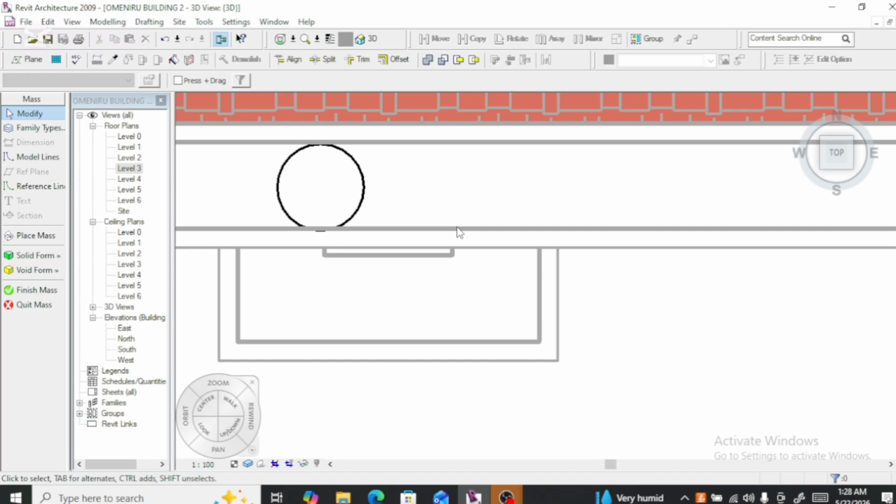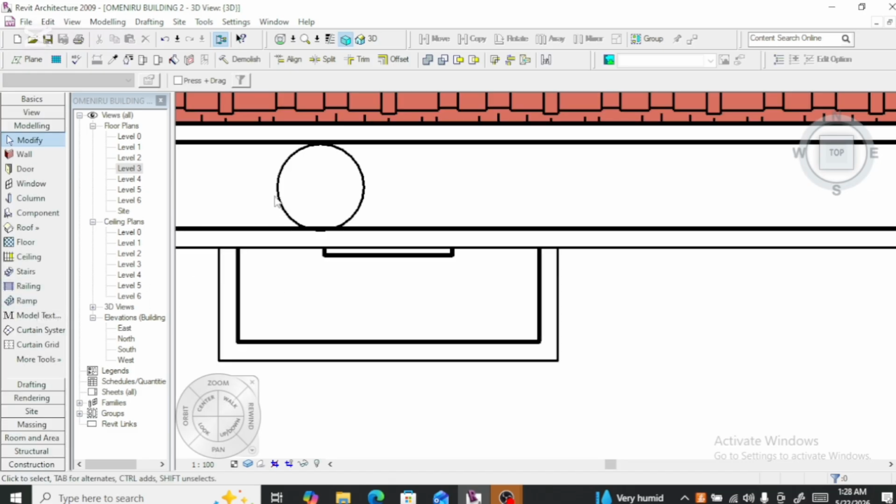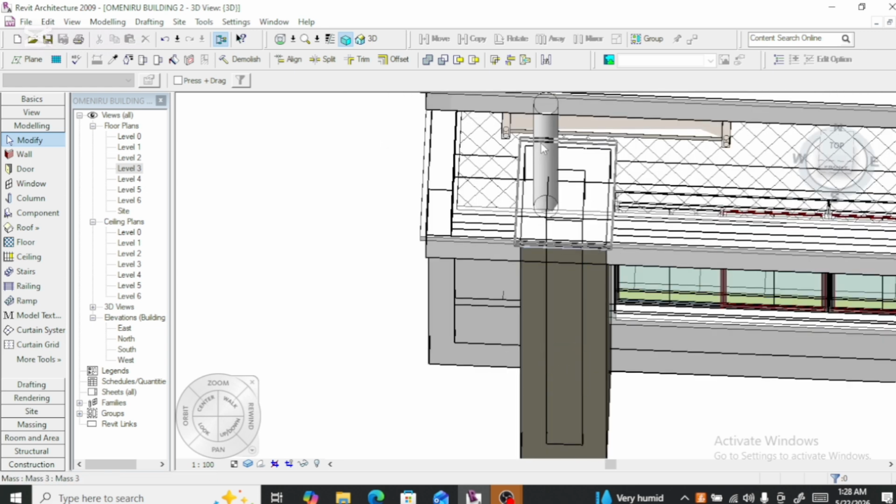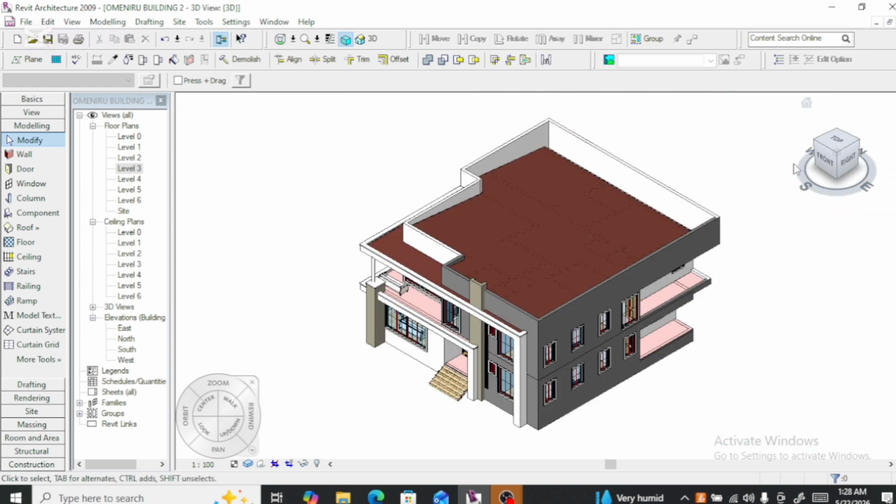I want to adjust it a bit. Finish massing to highlight it. But first of all, let me move these lines on it. With that,